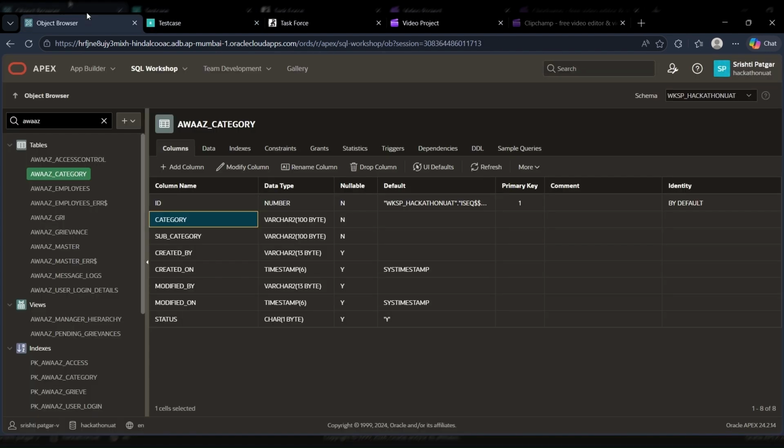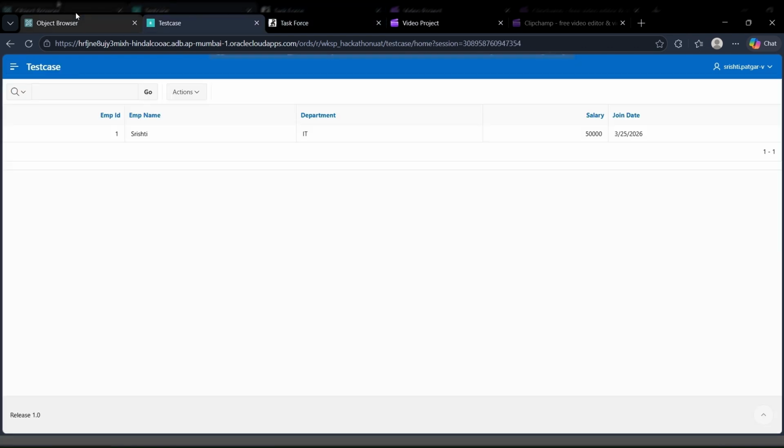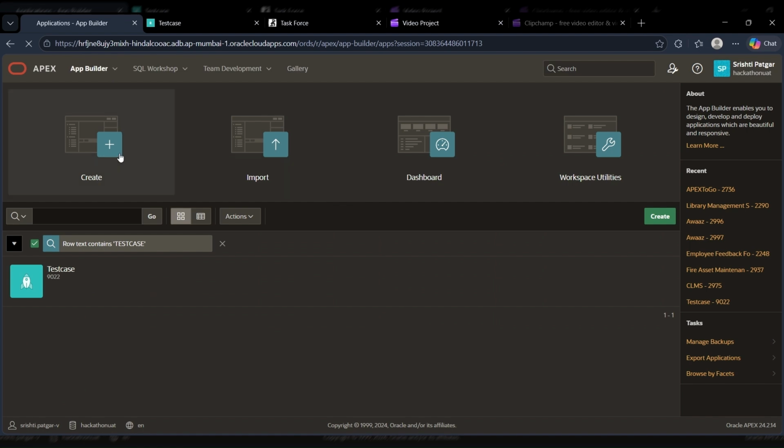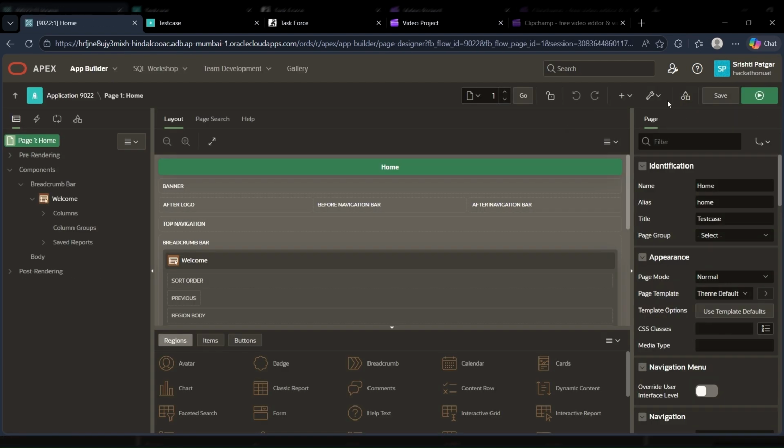So from here, you can always access this page. So yeah, this was basically it. Then we'll go back to App Builder. Then I'll go to the task that I created. I'll go to the home page. So that's it. We can always